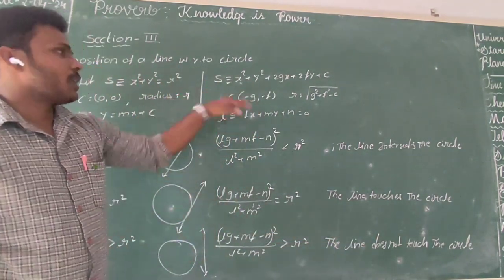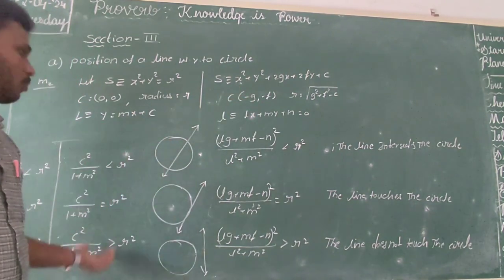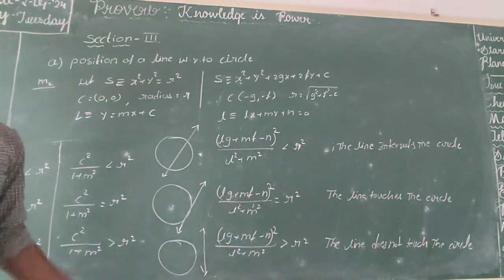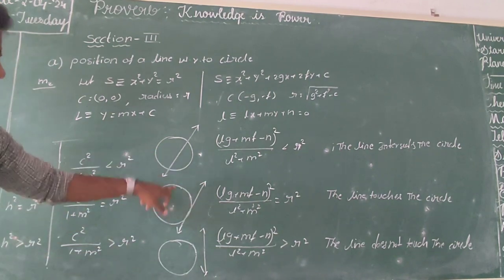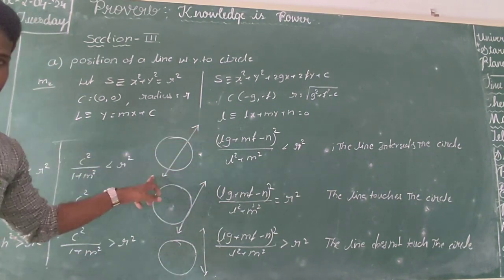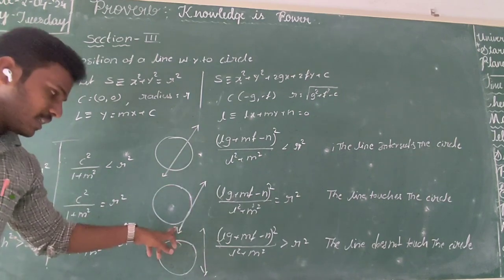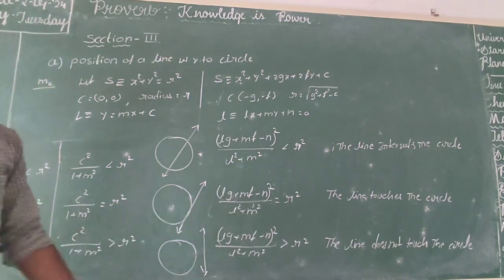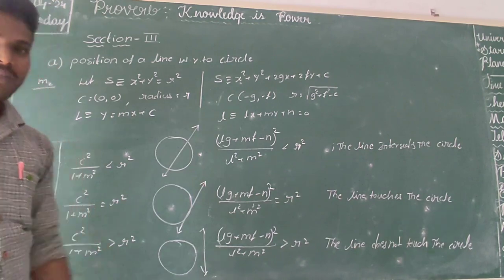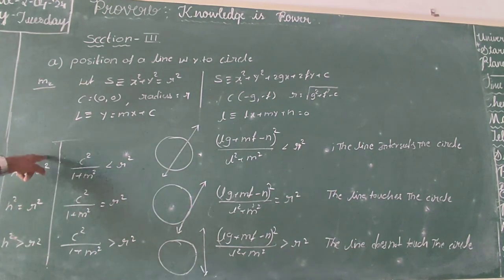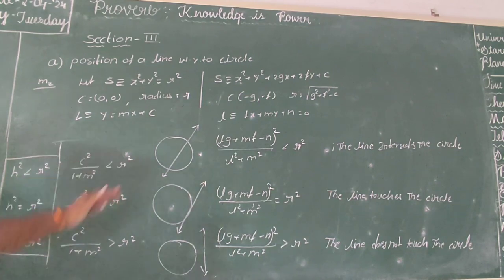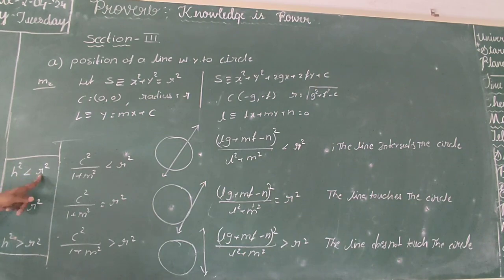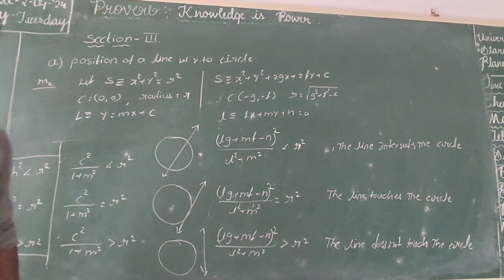So according to the 2 types of circle equations, we have 2 types of formulations here. But we have only 3 possibilities: a line enters the circle, a line touches the circle, or a line does not touch the circle. We have to remember these 3 things, and hold the formula according to the given condition, comparing the perpendicular distance with the radius of the circle. Have you seen?